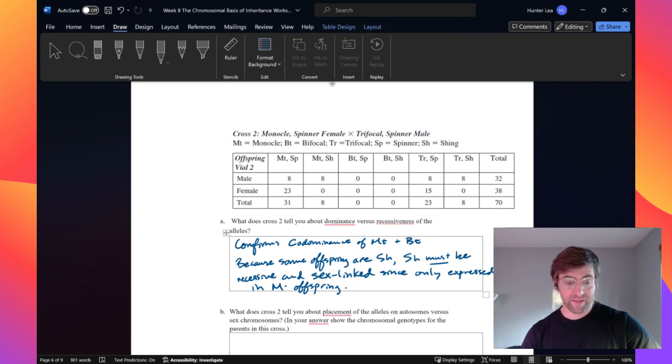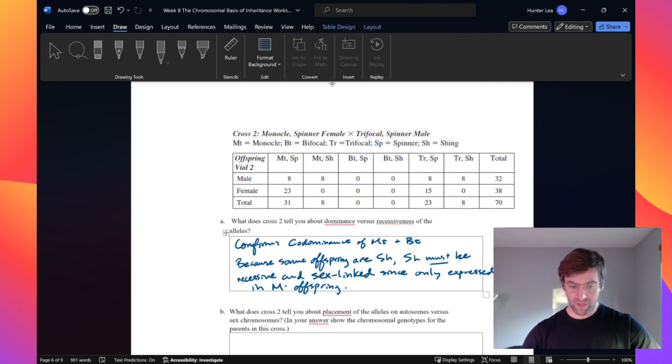At any rate, this would mean that the female parent was heterozygous for the shiny versus spinner gene. Yes, the parent female was heterozygous, and the parent male had the spinner gene, which is dominant, and so the offspring, therefore, you wound up with